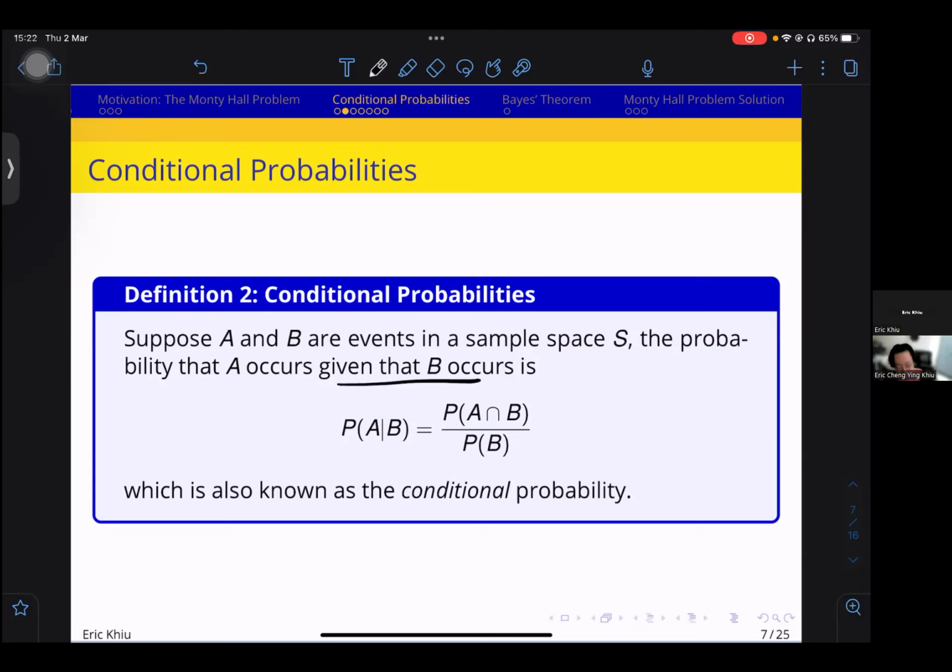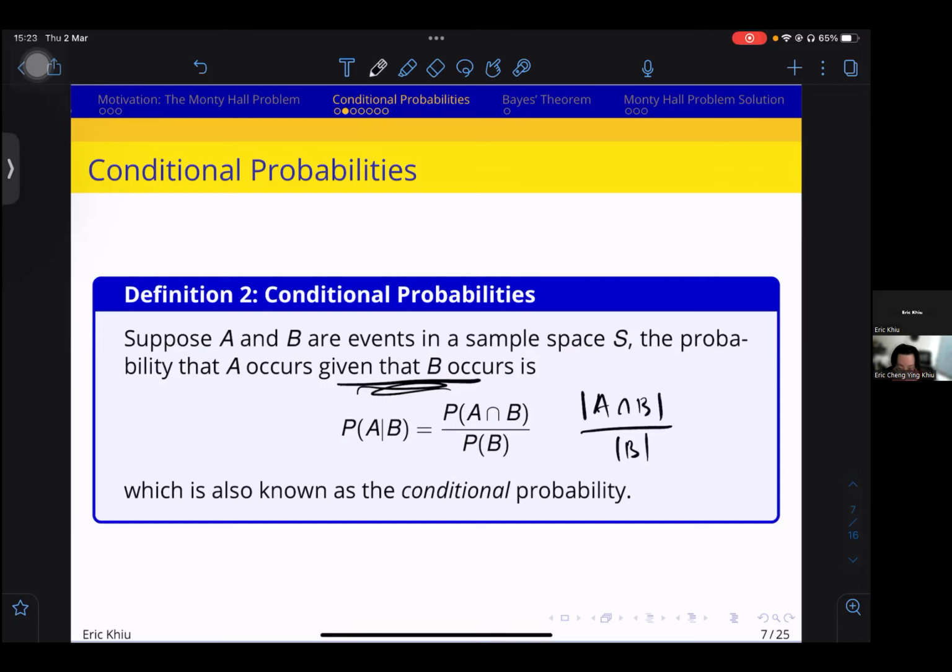So when I say given B occurs, our sample space actually shrinks, right? Because we don't care about the events where B doesn't occur anymore. And in fact, this shrunken sample space that we are looking at is just B. And of course, this B is a subset of S. And what about A? Because we want to say, given that B happens, what is the likelihood that A happens, right? But we already said that B happens. So the only way for it to happen together is to have this A intersect B,